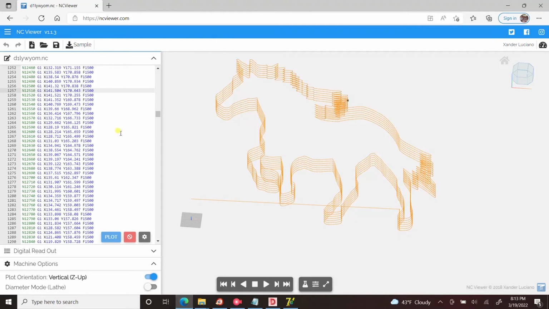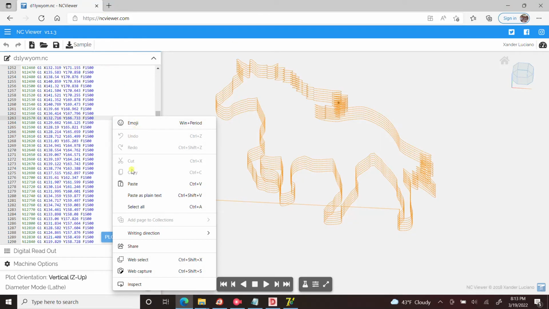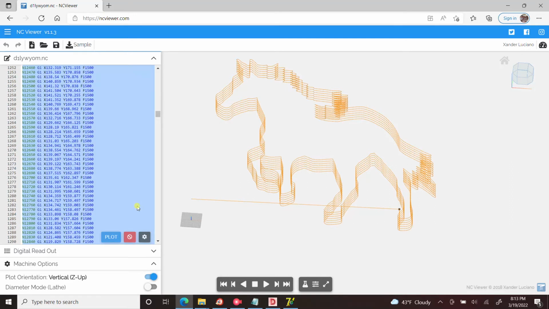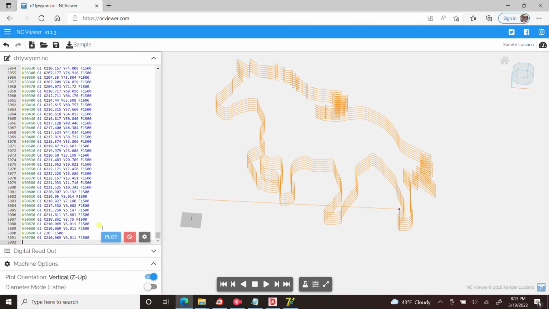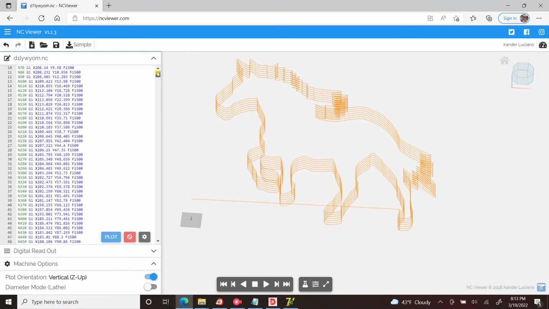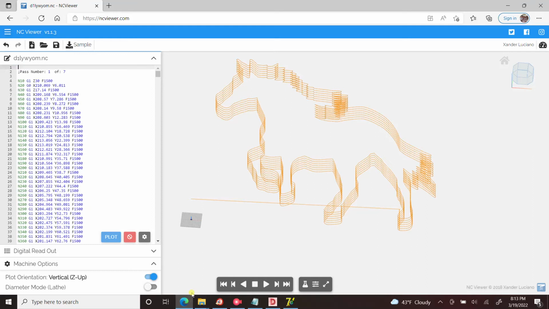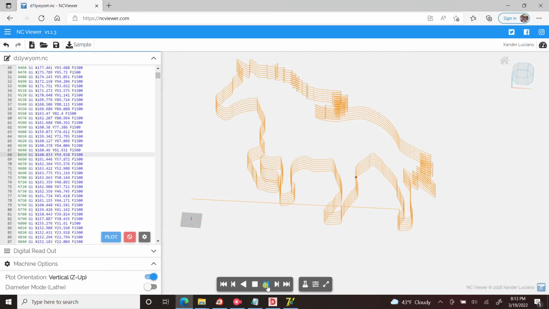What you can do here is open the NC viewer, select all, whatever is on the screen, and delete it, and then you just paste what you bring from our application, which is exactly the same program, and you can run it again, right? To run a program here, you have to go to the first line and then hit play, and that'll play the program